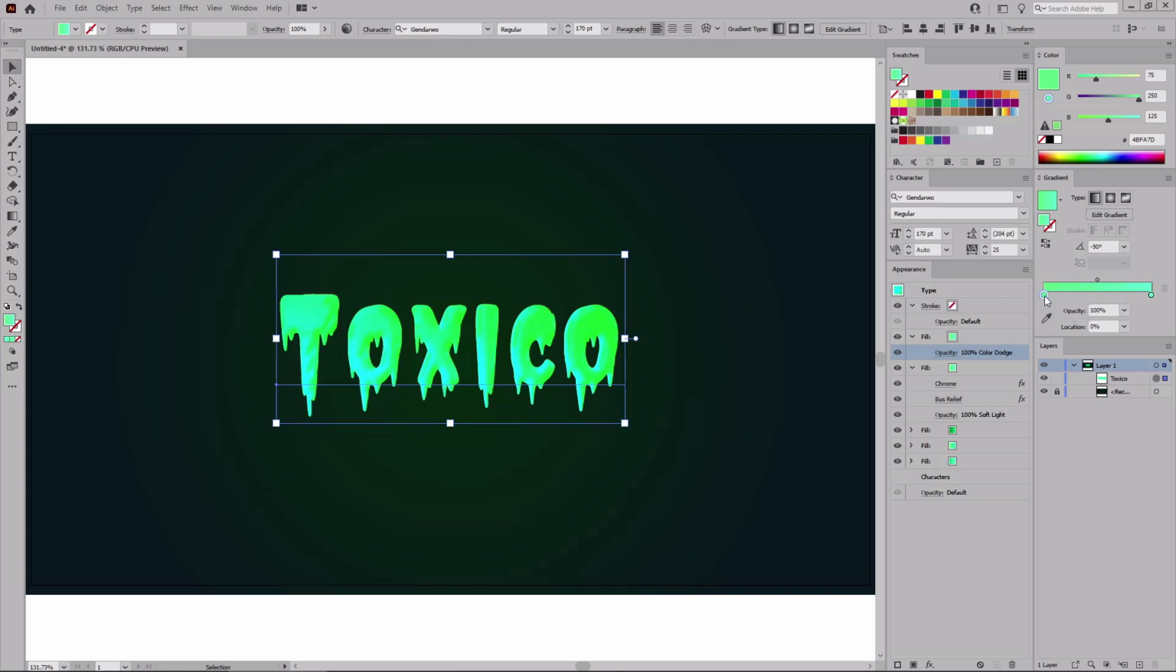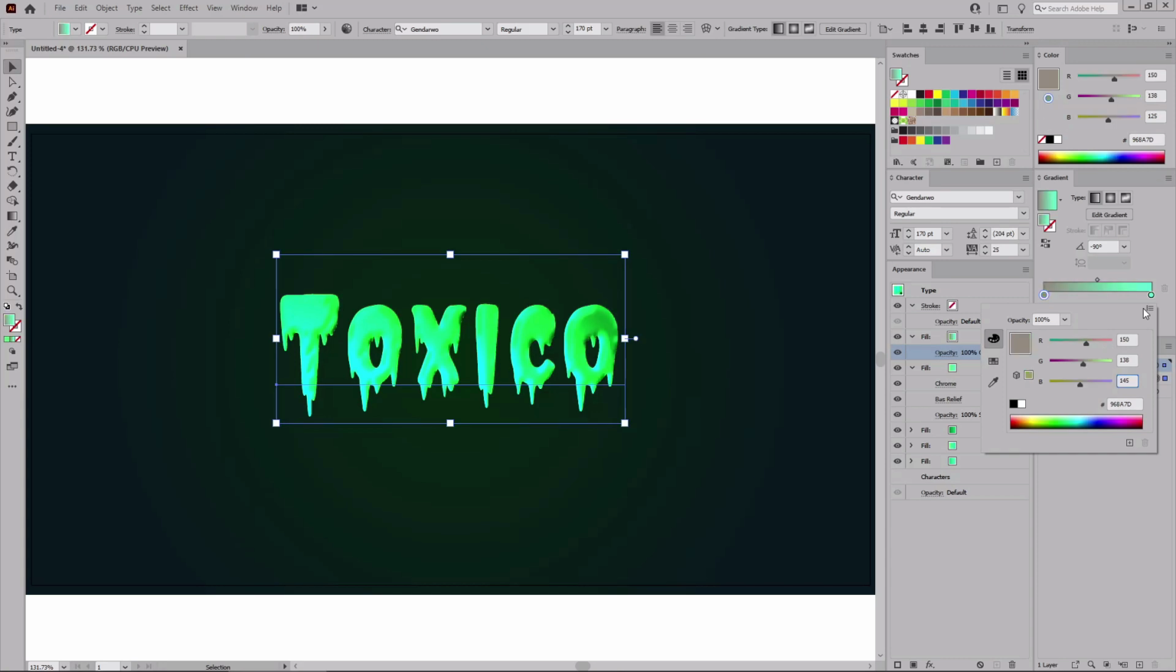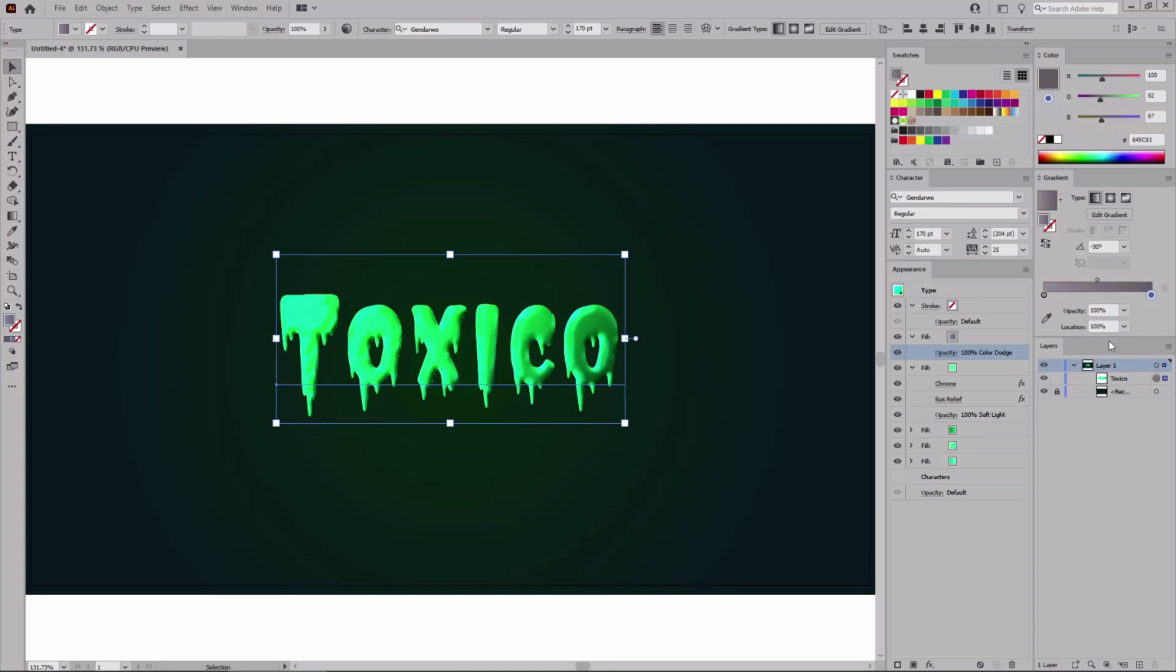Double click this one and replace the color with 150, 138 and 145, and then double click this other color stop and replace the existing color with 100, 92 and 97. Get back to the appearance panel and drag this fill below the top one, and then use again this